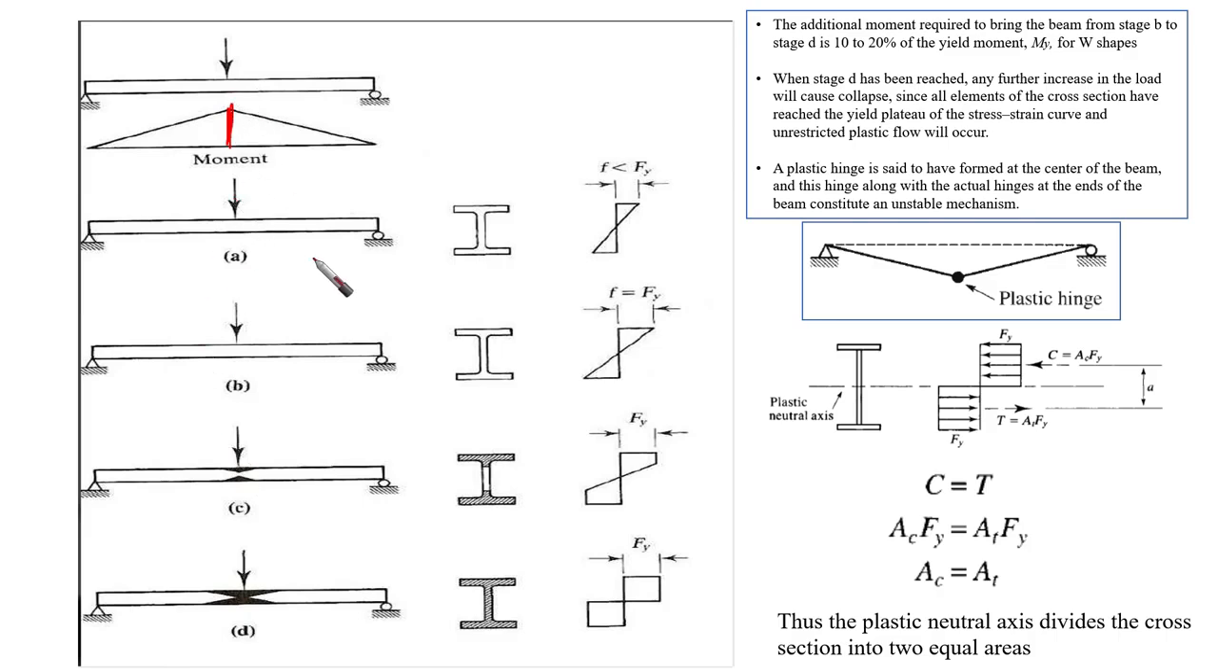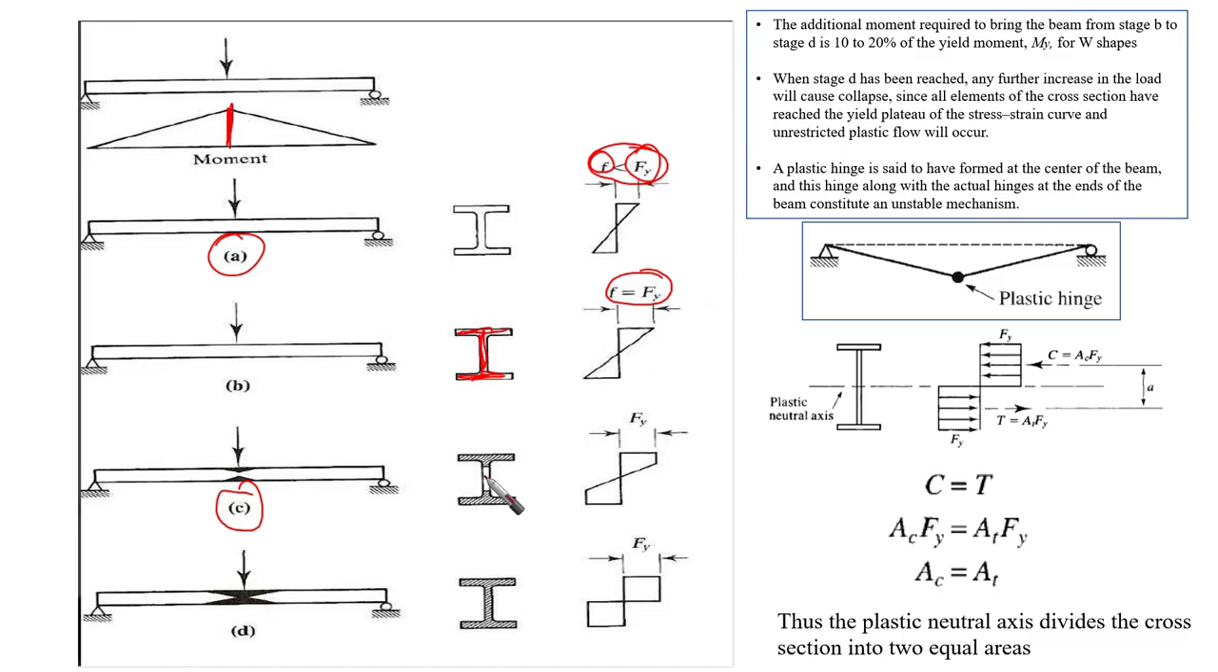By increasing the load here in stage A, we say that the stress in the cross section, the maximum stress, is going to be less than F yield. After a while, we are going to find that our cross section reaches F yield. This means that the cross section is about to yield in some part of it. Okay, after that, at stage C,